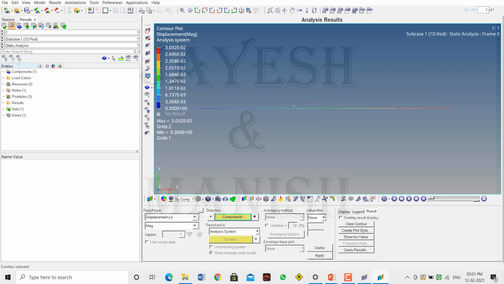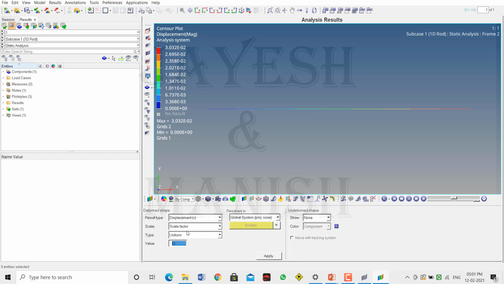Once you click on apply, you can see the element showing the displacement, and if you want to play the video of it, then just select over here to play. Now the deformation is too small, so we have to scale it by deform and give the scaling value as 100. Let's check it out. As you can see, it is very fast, so I'm just going to slow the speed. Yeah, now it is visible.